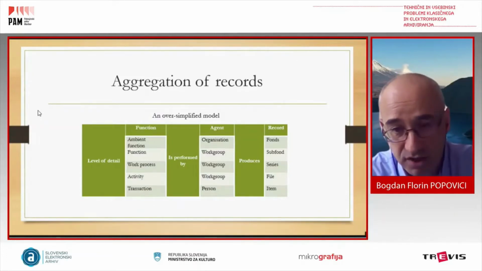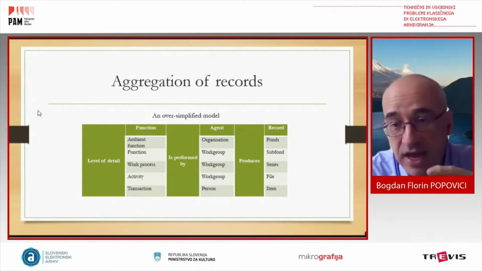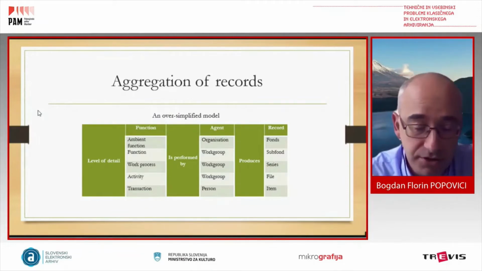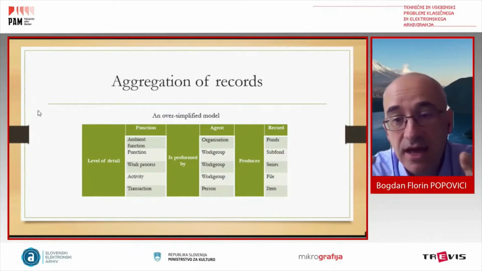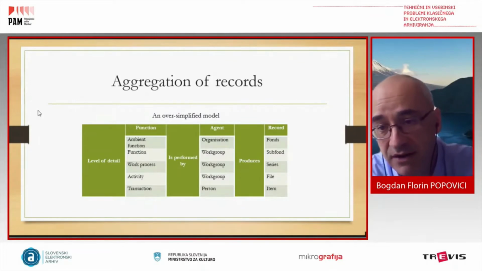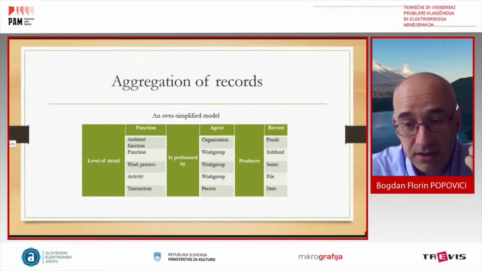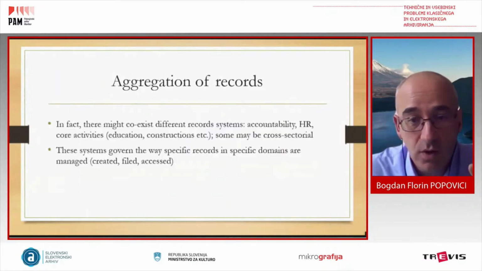As a hyper simplified model, we have a function, we have agents, we have records. The agents are performing certain functions, which of course are granted to them by certain mandates. And these agents, with different levels of granularity, create different levels of records, or groups of records, or sets of records, whatever, it doesn't matter in this argumentation. But this approach, which is rather consistent with ISO-G, for instance, is not necessarily the real one in practice,